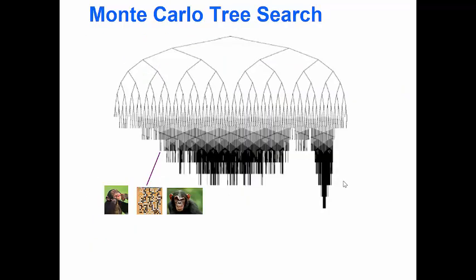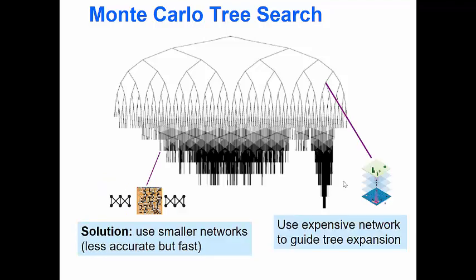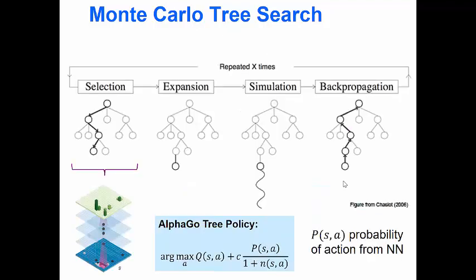And then you go and you insert that network into the tree in the way that we talked about, and you get AlphaGo. Well, this is the tree search policy that they use, just for anyone who's interested. So they take the Q value, so that's sort of the exploitation, and this is the probability for the action that the network gives, right? So